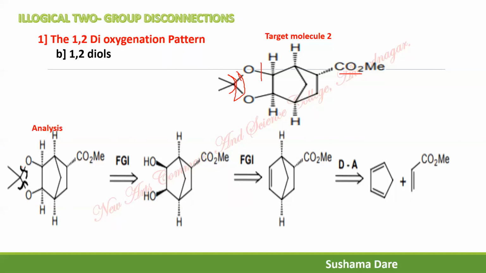So that's why we are going to disconnect. Look at the analysis. We are to disconnect this bond in the direction of oxygen. This reaction is called the protection of 1,2-diol by using acetone. So it gives a diol over here plus acetone. That protection can be done in the presence of acid.